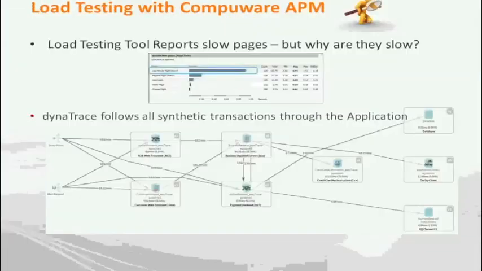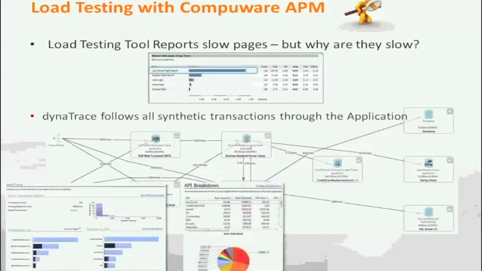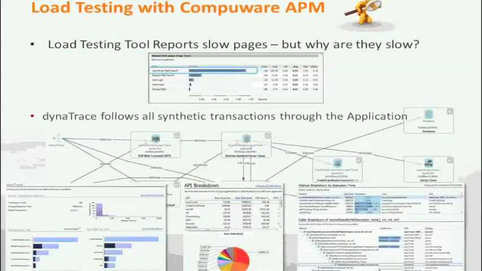What you might have got from a previous load testing tool would be just certain reports which tell you about slowness, but Dynatrace follows all the synthetic transactions through the application, telling you where it is slow. So a SaaS platform to generate load, and on-premise application monitoring to tell you why this is slow and where it is slow, is really powerful. You get to know which tiers of your application are not scaling, which API is not scaling, which API is the most contributing factor, and which methods and SQLs are not optimal, which you need to address.